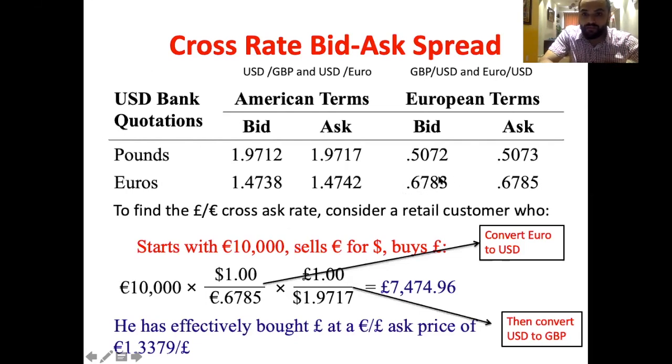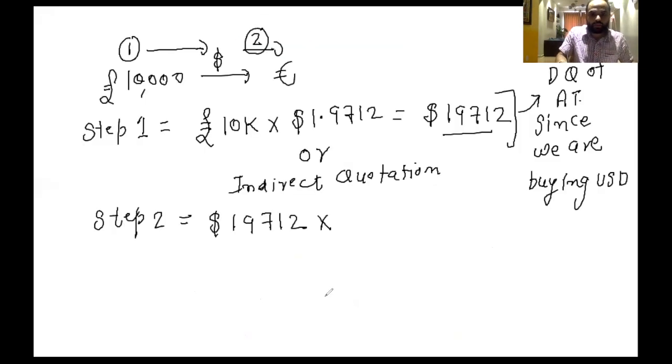The bid of European terms. So you can either buy this one, I guess. Yes. So now we multiply by 0.6783 euro,